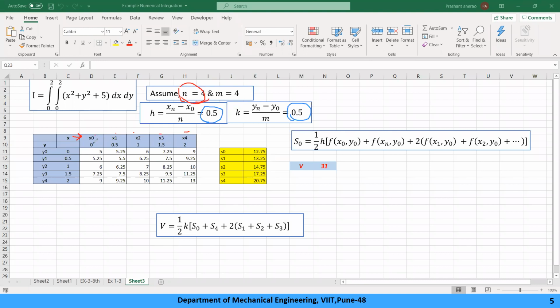The value of x0 will start from 0, because the limit is starting from 0, and xn will end at 2. In between there is a step of 0.5. So x0 to x1 is 0.5, for x2 add 0.5 to get 1, again add 0.5, you will get 1.5, right?